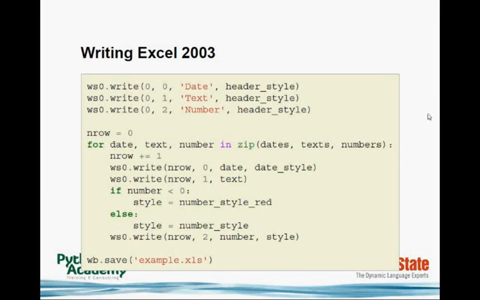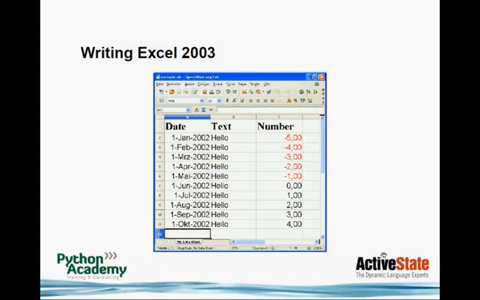Once we write this and save it, you can see in the next slide how it's going to look. And you see this now. We have our text, which is a big font there. We have the date with the month in 3 letters. And we have the numbers, and you can see all the negative numbers are red. So that's pretty easy. And you can do even more things. You can also write formulas in there. So we can write decently styled Excel files.